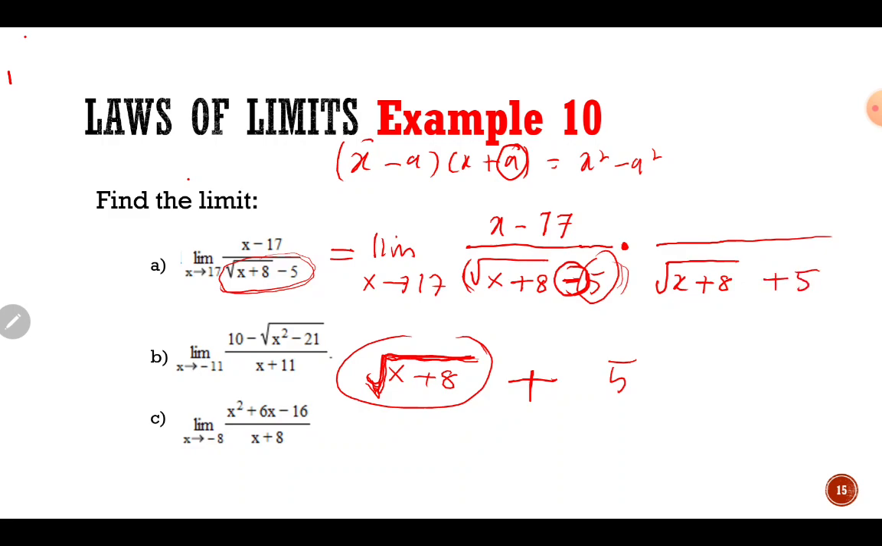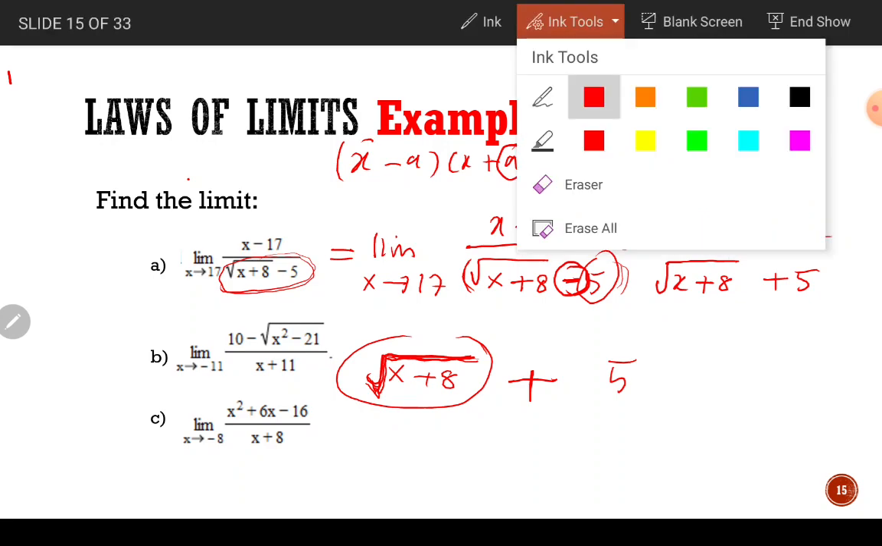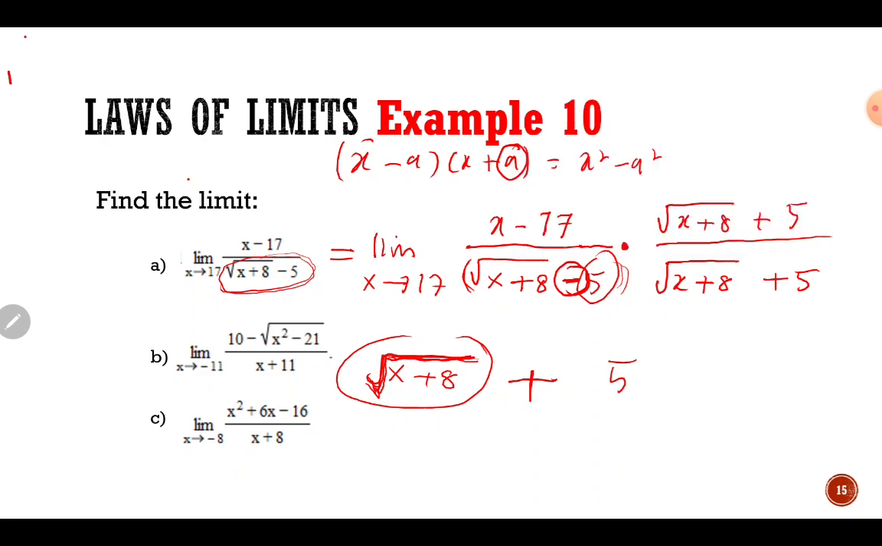Dan kita tak boleh darab kat bawah je because it will change the whole equation. So to be fair, kita kena darab juga kat atas sebab nampak? Ni sebenarnya nothing but just equals to 1 kan? Times square root of x plus 8 tambah 5 over square root of x tambah 8 tambah 5. So dia sebenarnya 1. We don't change anything dekat question ni sebenarnya. Alright, so